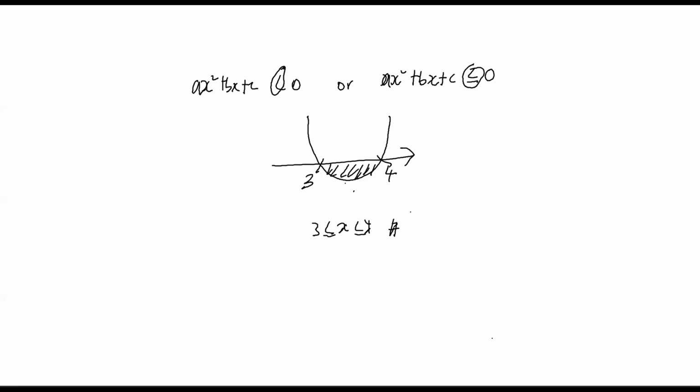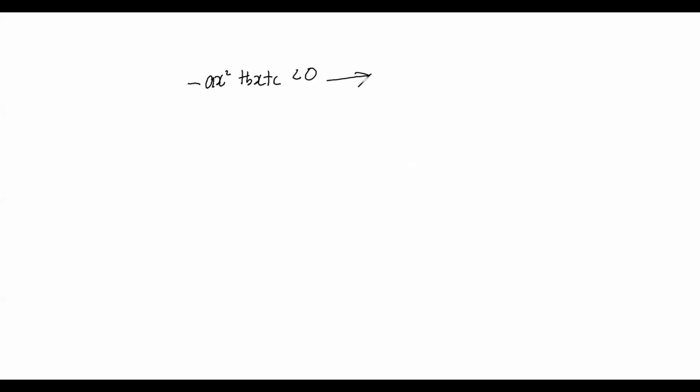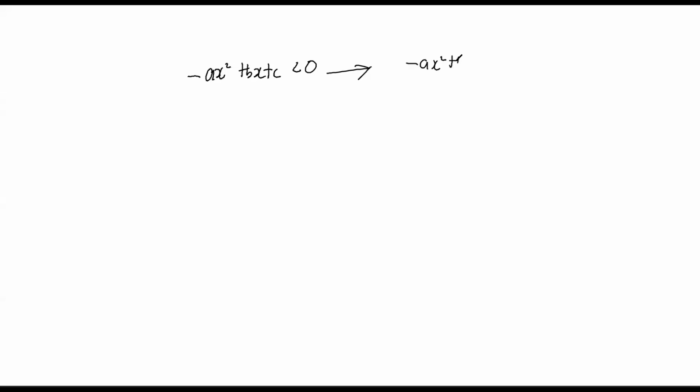Let's just say, okay, for example, contoh lah, soalan tahun ini dibagi negative quadratic inequality. If it's negative quadratic inequality, maksudnya negative ax square plus bx plus c lesser than 0. Okay, let's say it's lesser than 0, or you can say plus bx plus c greater than 0. Doesn't matter lah. Both ideas will apply the same thing. Kedua-dua ni akan bawa pada konsep yang sama. What is your first step? Step pertama,